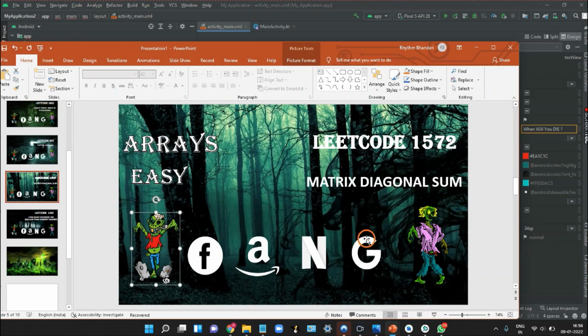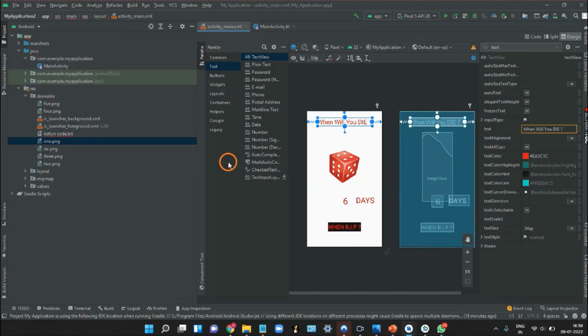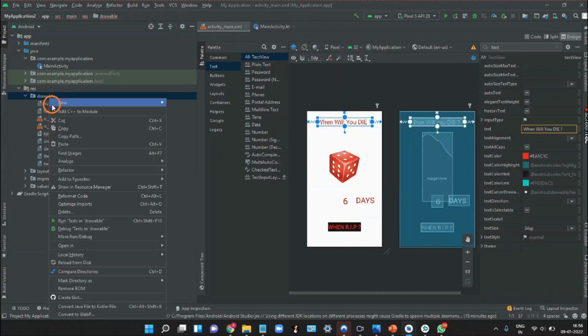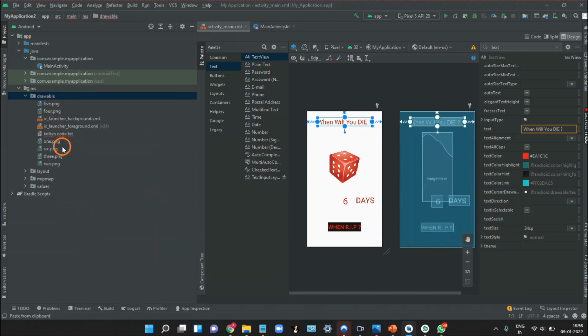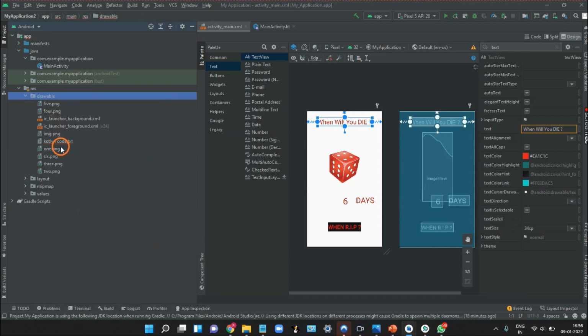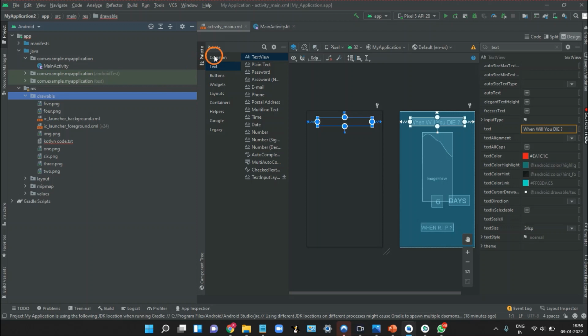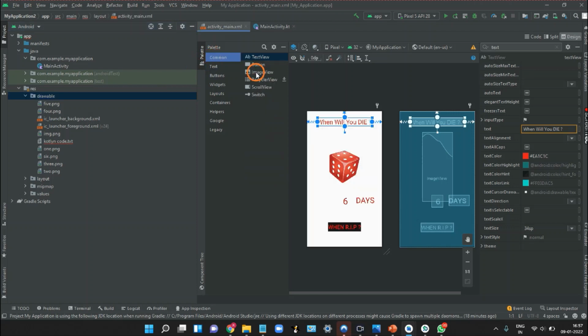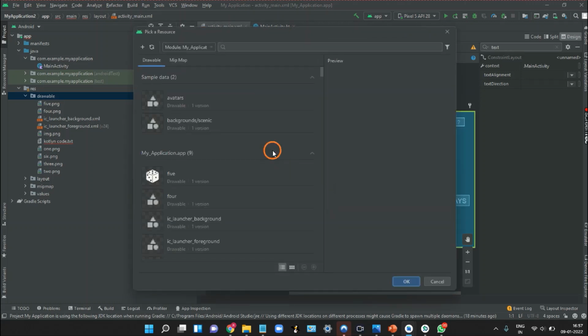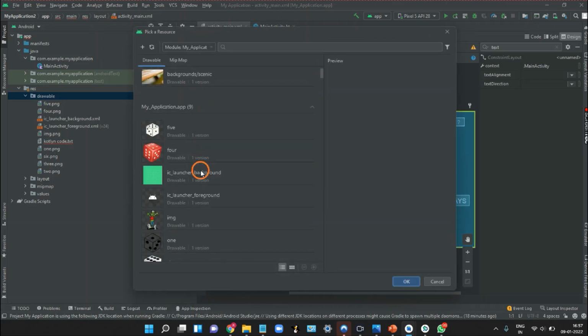So here is our zombie. Control C and paste. See, we got our zombie here. So let's now click on common here and image view, drag it and select the zombie.